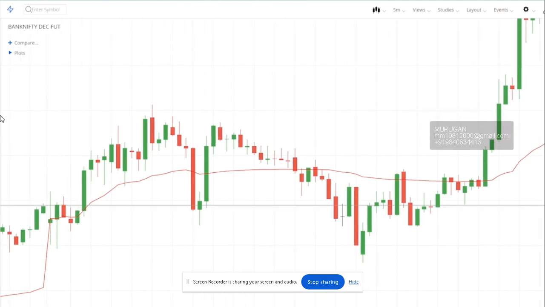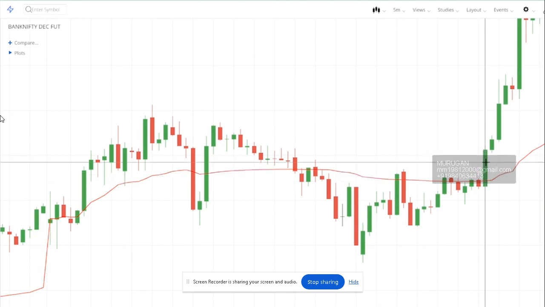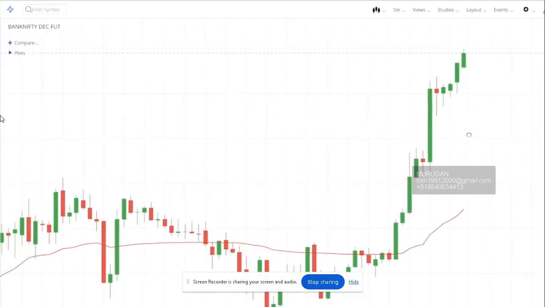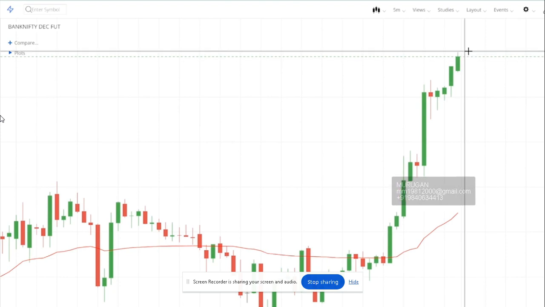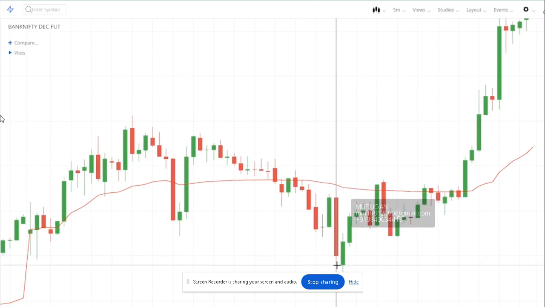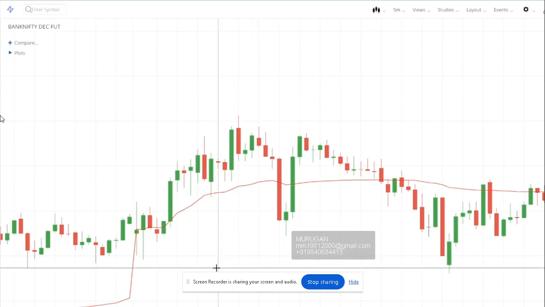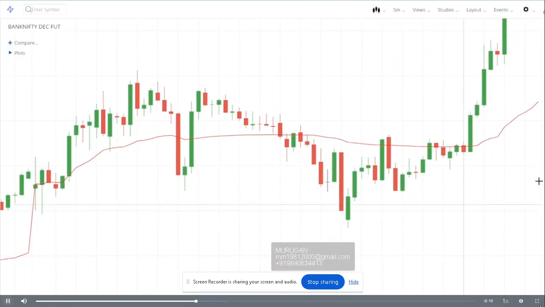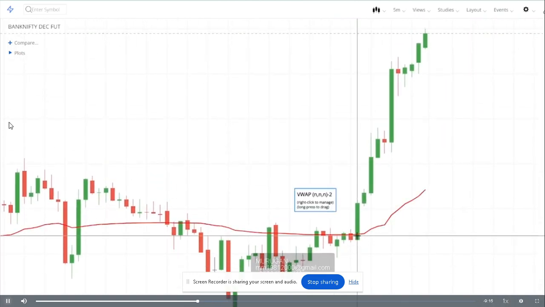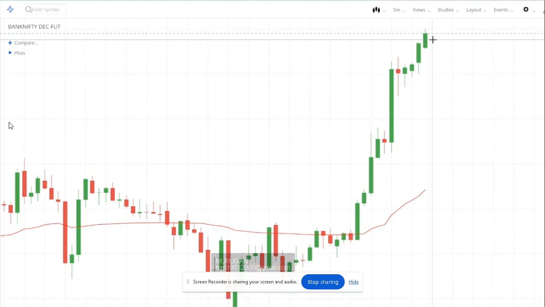The general interpretation is that if the price is above the red line, this line is called the VWAP line, it is bullish. You can see that it is very, very bullish today. This is today's chart. If it is below this, the market is down. I put a 5-minute chart because VWAP is allowed only for intraday. And you see here at this point of time, if you had bought some call option, the market has shot up like anything.